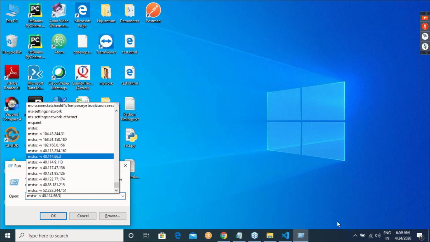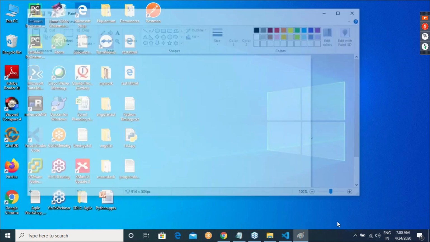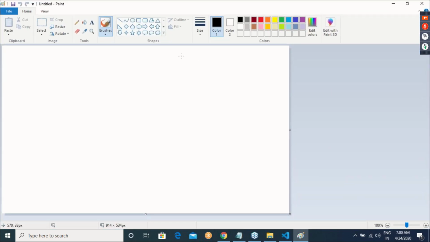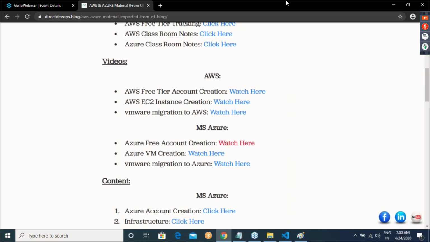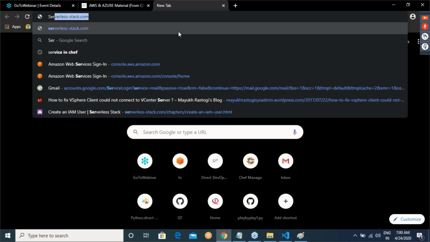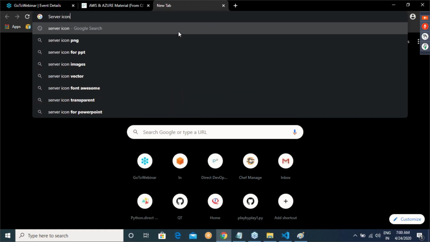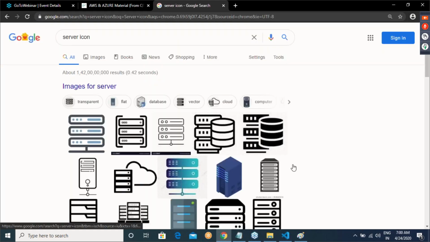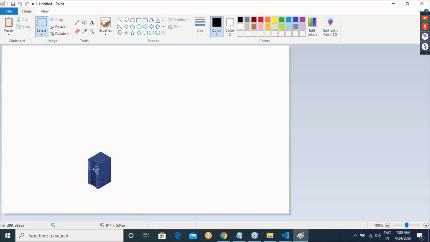If you go to any server, the way we generally deal with databases is, we take some server.